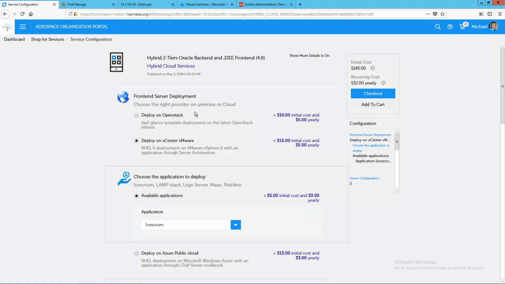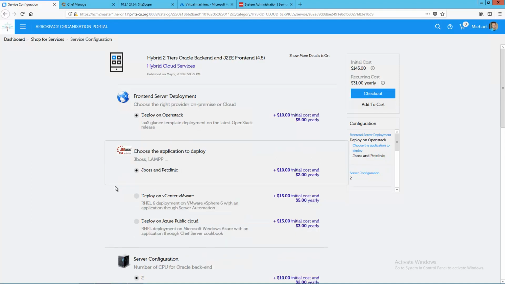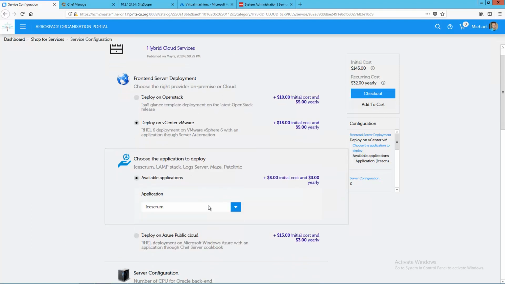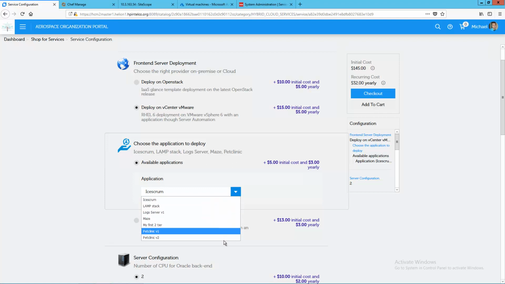As an end user, I will be able to select where I would like to provision my front end. It could be on my OpenStack silo, or it could be on my vCenter, and I want to choose from a dynamic list what kind of application I want to deploy, Pet Clinic build V1 or Pet Clinic build V2.